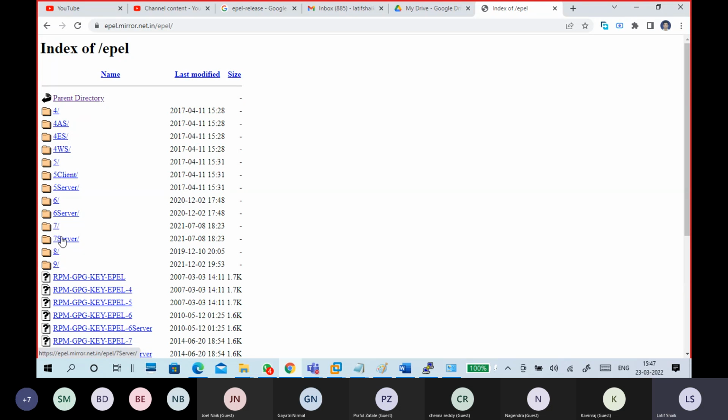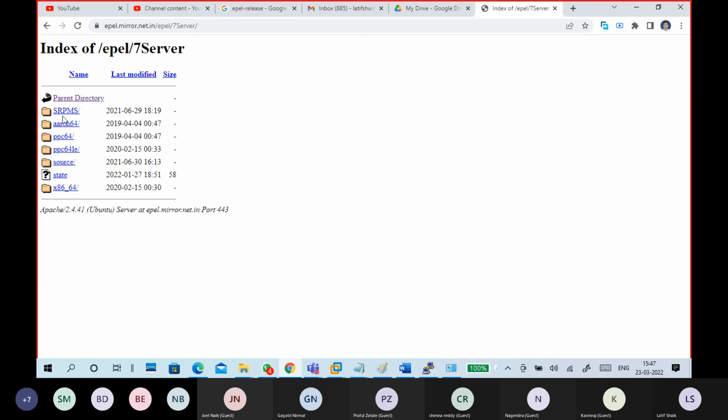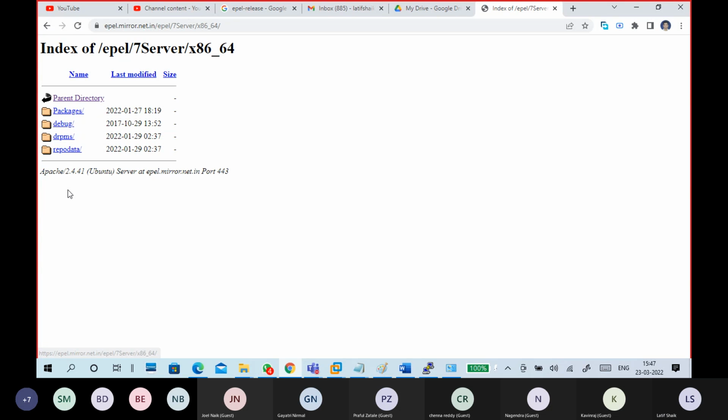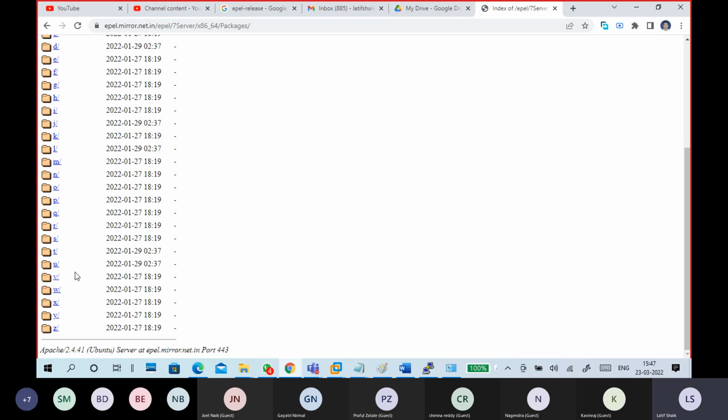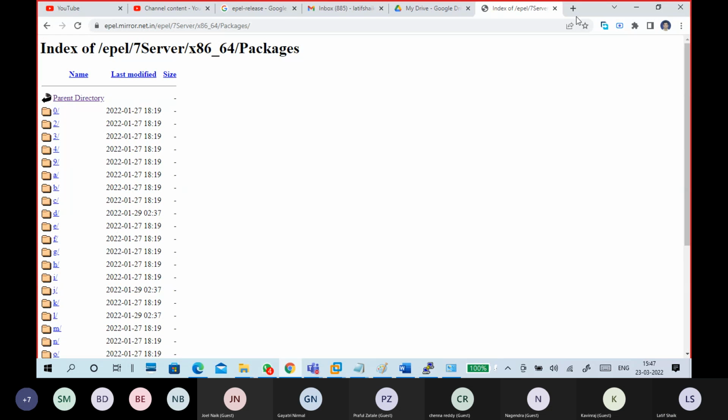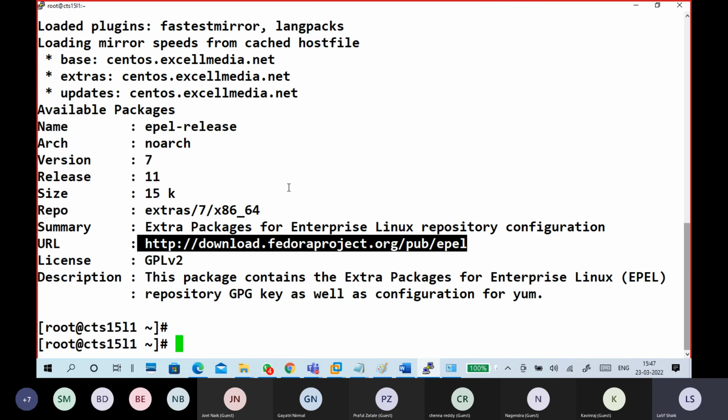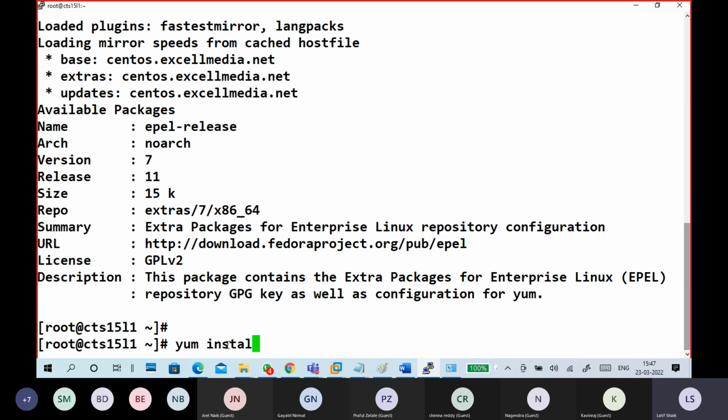What is this, 7 server and 7? 64-bit Intel packages. So these are all packages only. So don't search. Okay, so I'm going to install: yum install epel-release.